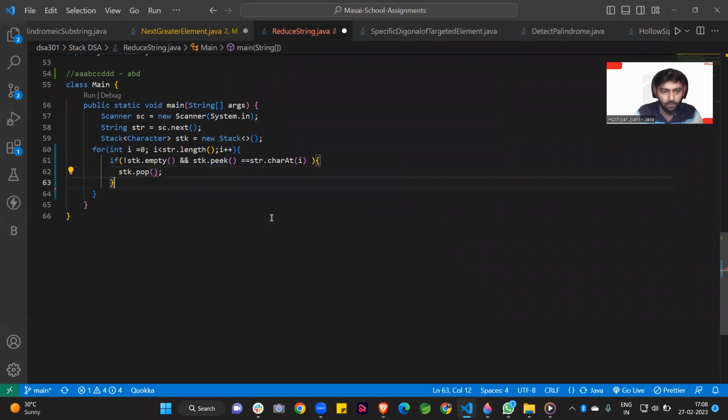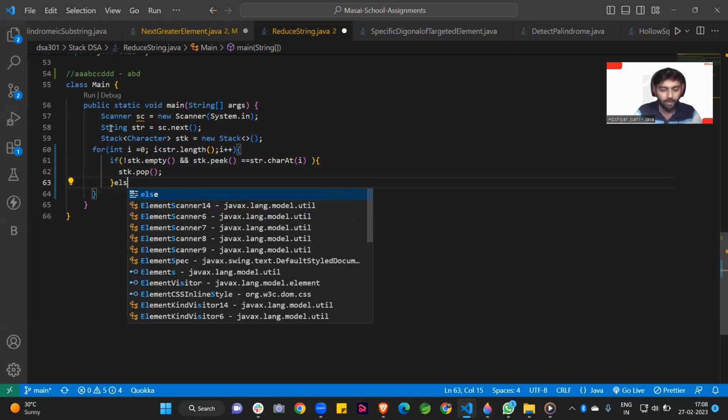So we remove it successfully. Otherwise, the stack's top element is not equal to str.charAt(i). Like when we are checking for b, the top element of the stack is a. At that time b is not equal to a, so we simply put the value of b in our stack.